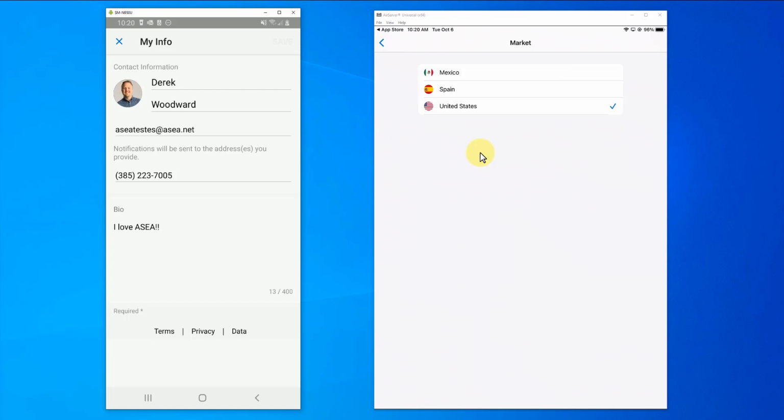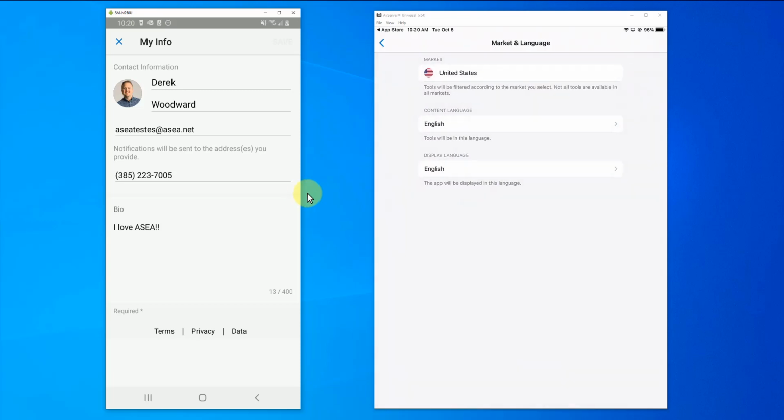So if we click on Mexico, for instance, it's going to then pull up what do you want your content in, and what that means is, do you want PDFs in English or Spanish? Do you want videos in English or Spanish? That's what that's referring to there. So we're going to choose United States again, and if we click on the content language, you can change it between the 3 possibilities, the languages that we have here in the United States. A lot of this comes from the Virtual Office library, so if it's a selectable language in the VO library, you're going to be seeing it here in the app as a selection.